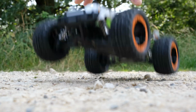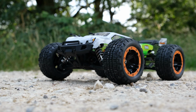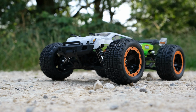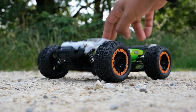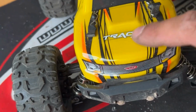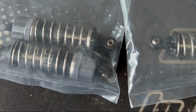They all come with these horrible friction shocks. Now, you can buy the Pro Brushless version of the monster truck. I can't remember if you can buy the Pro Brushless version of the Truggy. I will need to look into that. But these shocks are horrible. Just take a look at this. They're so bouncy, but I do have a solution. And the solution is you can buy a very cheap set of oil-filled shocks to completely transform the handling of